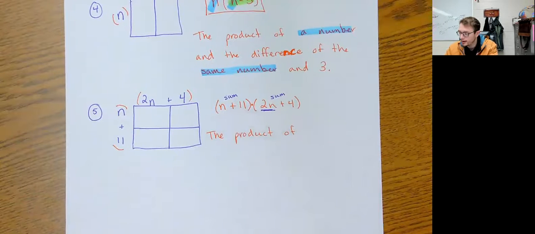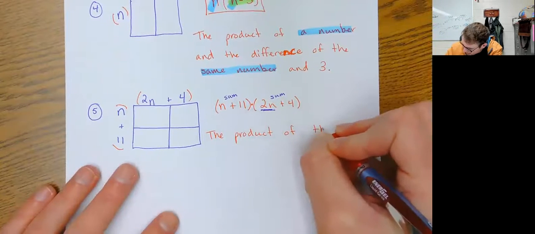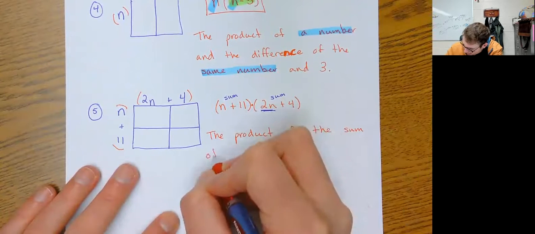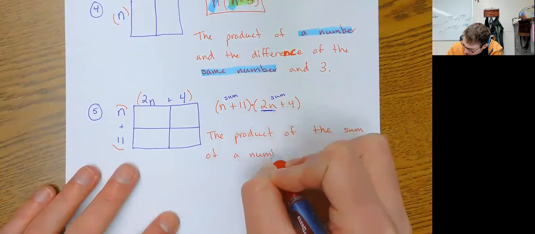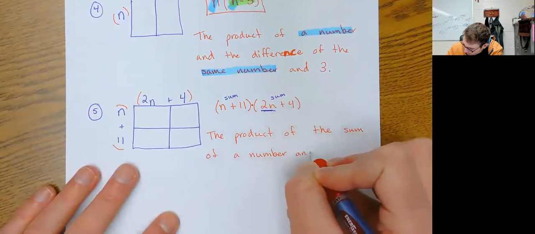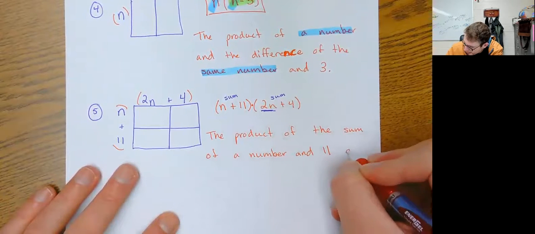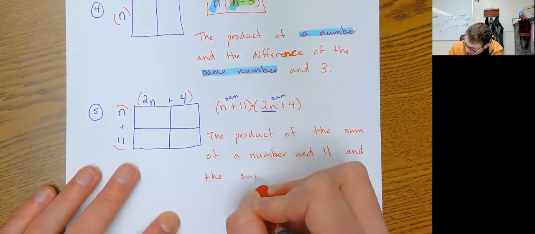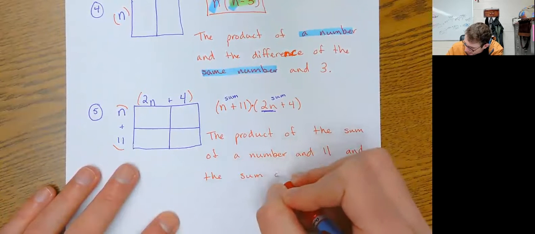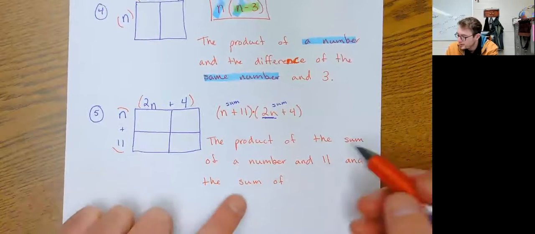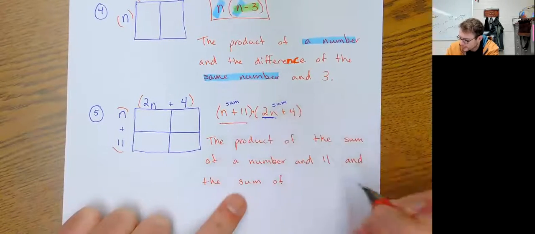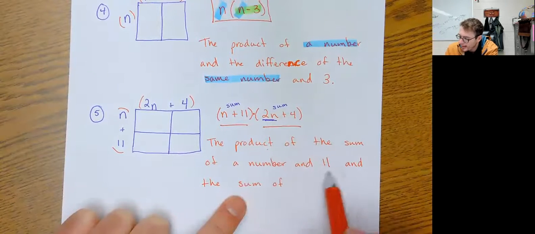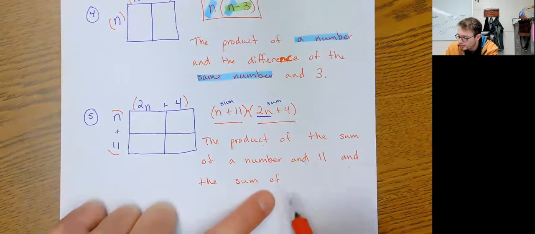So we have the product of the sum of a number and 11 and the sum of, okay, well, what's the second sum? So we did the first sum, we did this, now we need to do this. So the product of the sum of a number and 11 and the sum of, okay, well, this is a